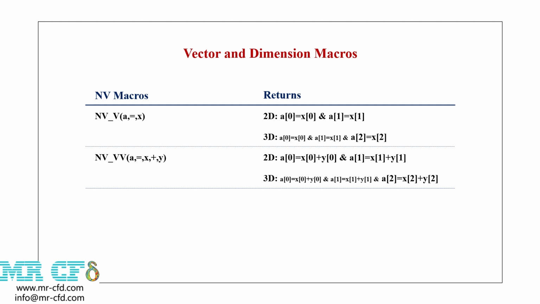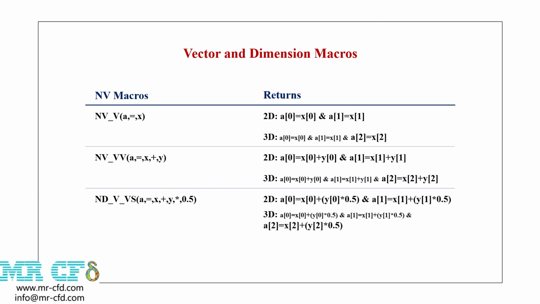Of course, this mathematical operator is an addition sign, while other mathematical operators such as multiplication, division, and subtraction can also be used. The NV_V_VS macro is used to add a vector to another vector that has been modified by a scalar. It means that the elements of one vector are equal to the sum of the elements of a simple vector and a vector modified by a